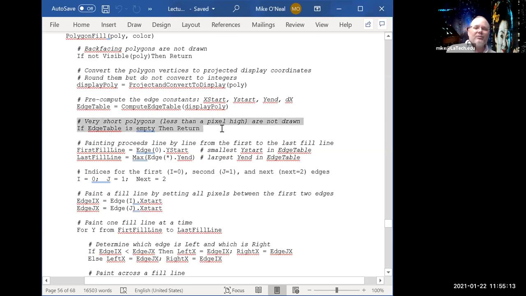This is how you prevent some crashes from occurring. If the edge table is empty, then return. And that can happen with, like I said, a very short or very thin poly. Basically, if everything just gets down to horizontal lines. And again, if you're viewing a polygon that's almost edge on, then because we are rounding our X's and our Y's,